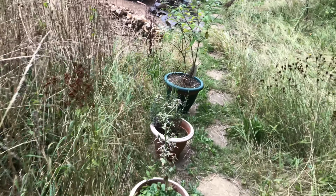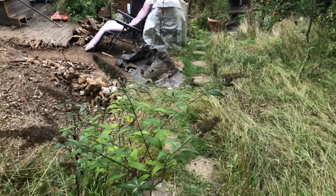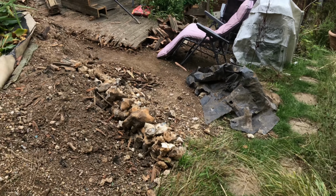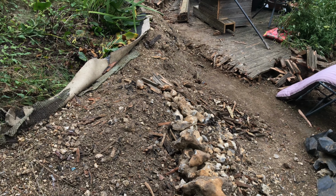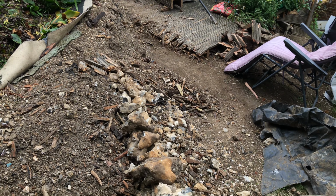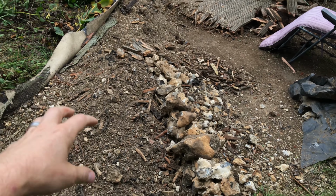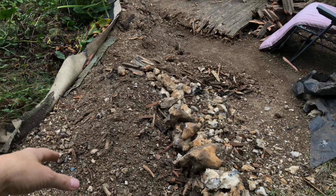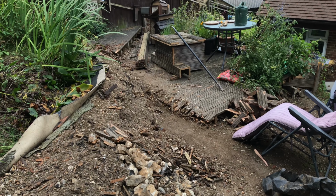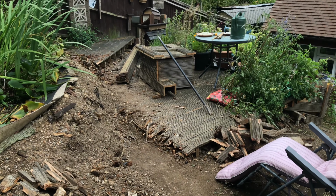The only trouble with trying to be environmentally friendly when you're doing construction and moving stuff about, rather than just burning it or getting rid of it, is that you have to work around it, and I'm having to move earth into here and then move the deck over there and then move that bit there so I can work there. So it's all a bit of a jigsaw puzzle really, but it's slowly coming together,